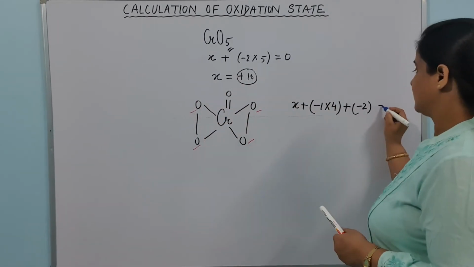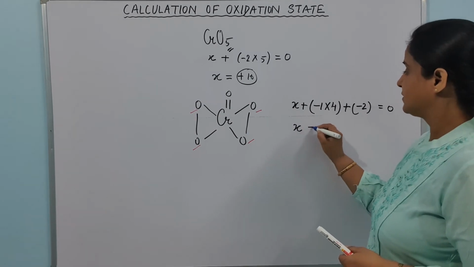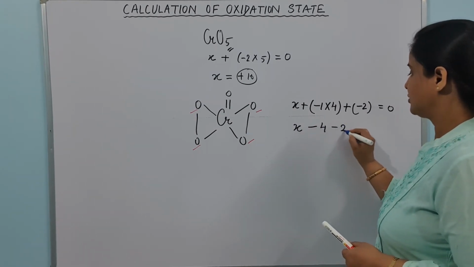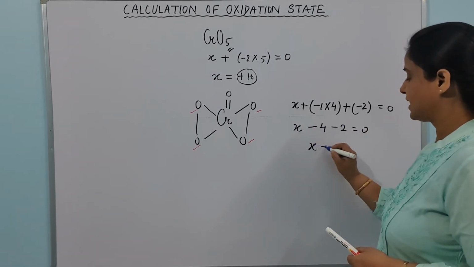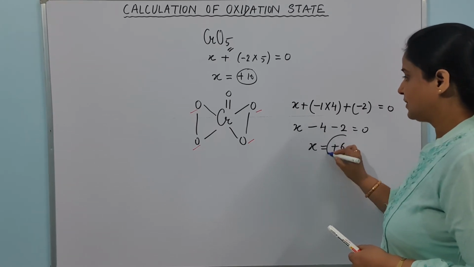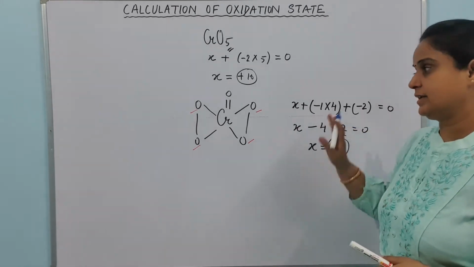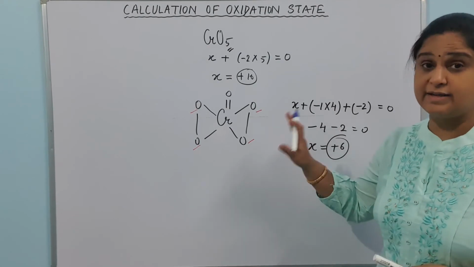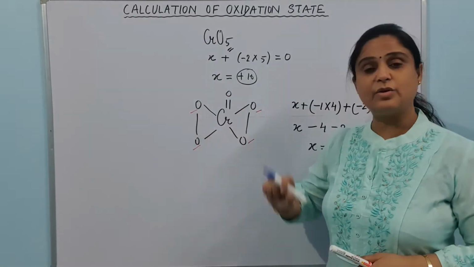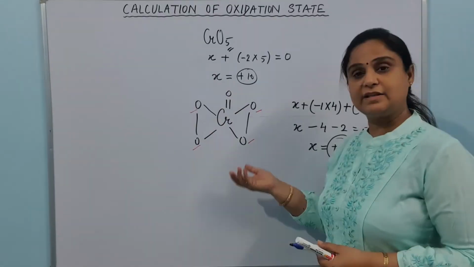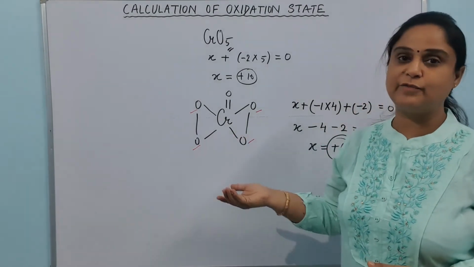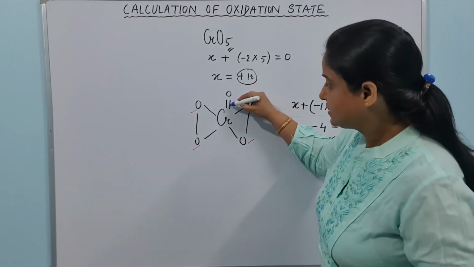Overall charge 0, so I will get it as -4 minus 2 equals 0, that is X is at plus 6 oxidation state. Either this way we can calculate it by understanding the connections between the oxygen and chromium here, or the other way is that you can assign the charge using the covalent bond, that is this chromium